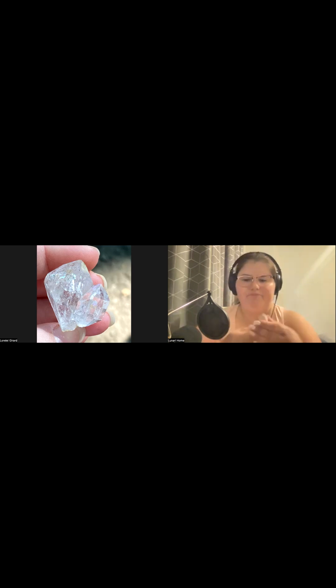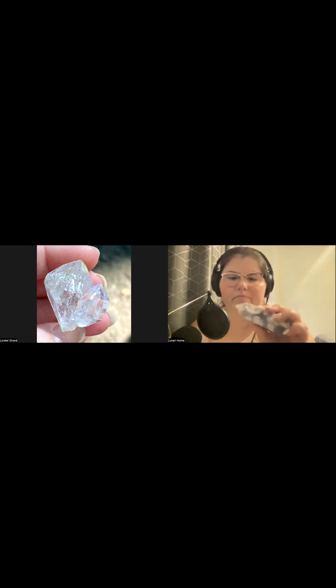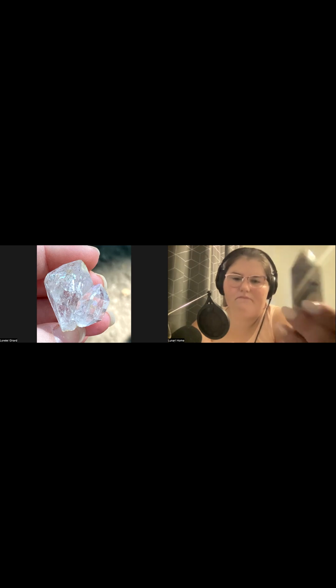I'm not sure what it looks like when you have a huge chunk before you cut into it, if it's like balls or lines of the plumes. I don't know what it looks like from the inside. Obviously, I don't think anybody would, but I imagine that when it forms, there's pockets inside the agate that